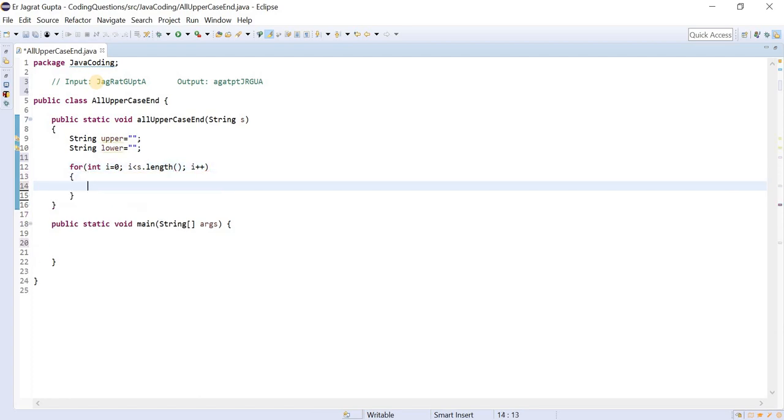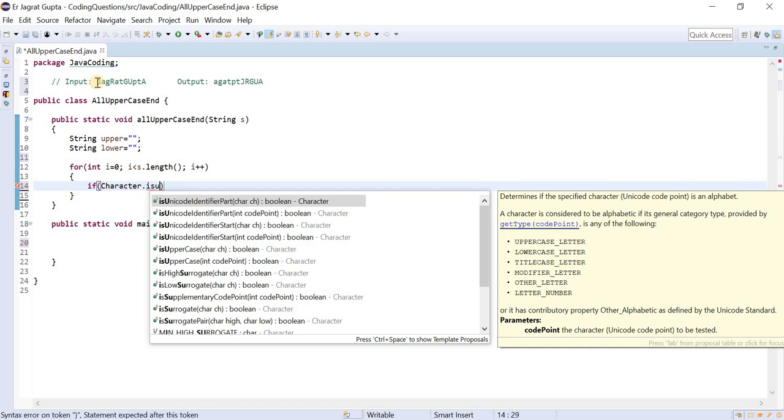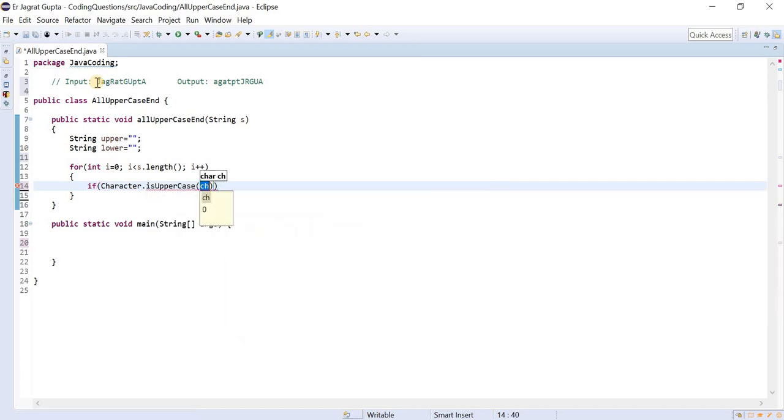Now we need to segregate the uppercase characters as well as the lowercase characters. In the previous video I told you that there is a Character class, so I will use that here. I will write like this: if Character dot, and there are lots of methods here like isAlphabetic, isDigit. There is a method isUppercase, you can see that.